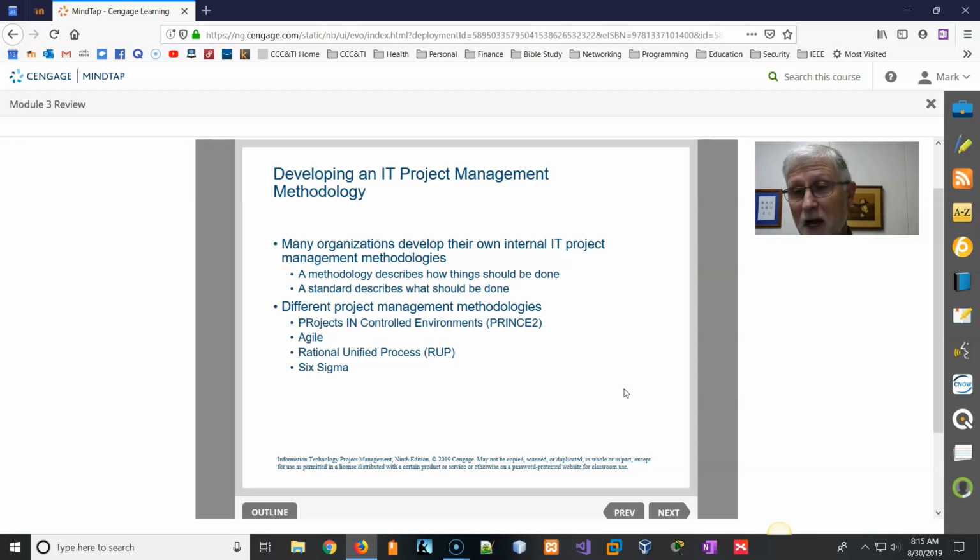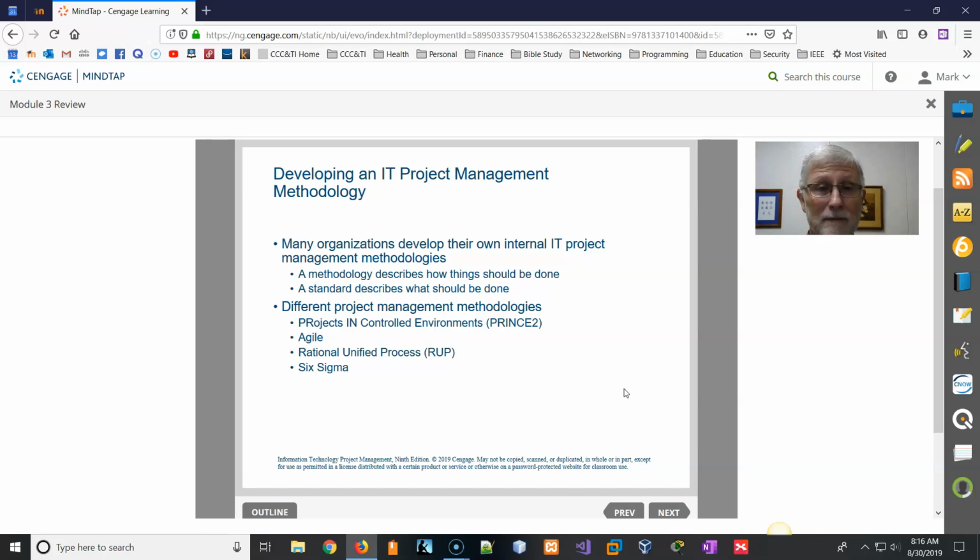So just because I've got these processes, these process groups, I've got to look at each one of those and decide, okay, for my particular project, which of these do I want to execute on and which ones don't I? Now, some of the different project methodologies are PRINCE2, Agile, Rational Unified Process, RUP, or Six Sigma. All of these are methodologies,